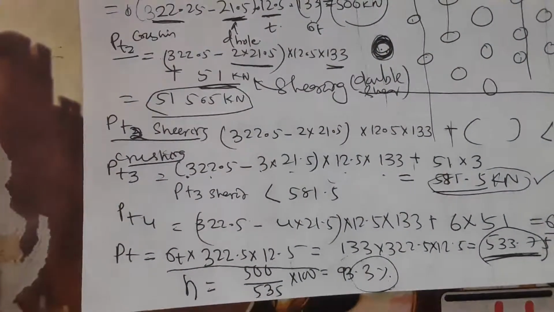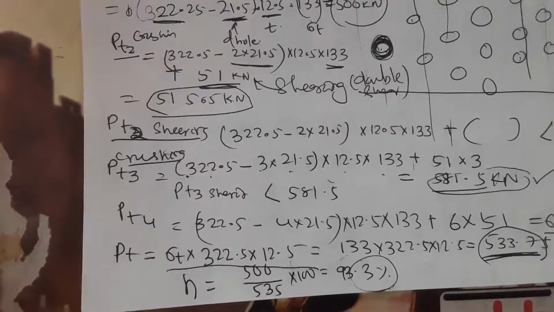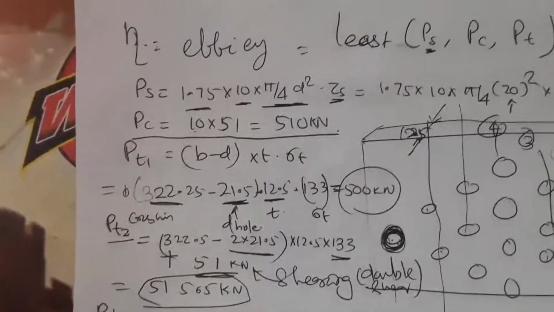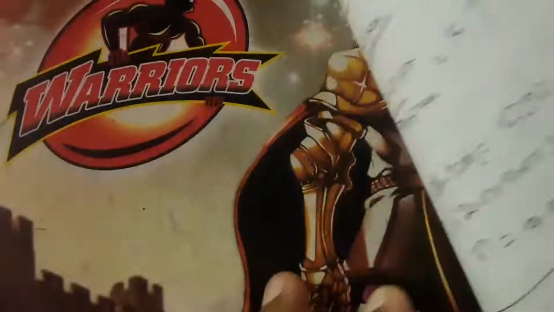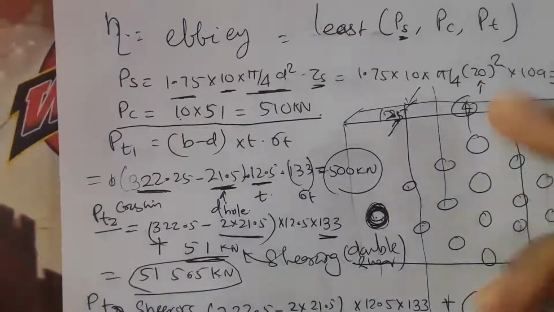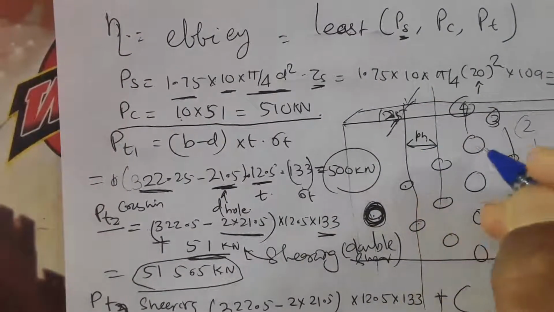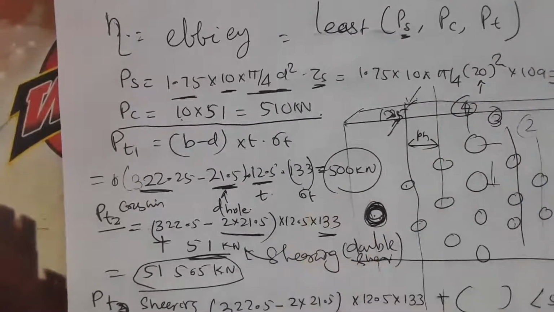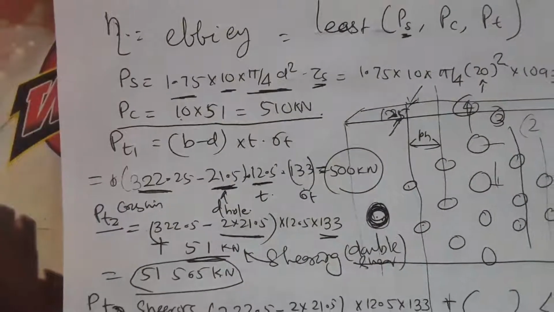So we have found out the P, the PB, the margin, the efficiency, and the width of the plate, all the things we have found out. So we have to draw the figure as per this arrangement, and we have known this PB, we have known the pitch, we have known the width, we have known the margin, everything is known. We can find out the joint configuration.